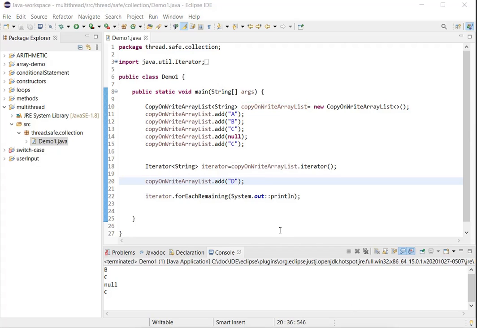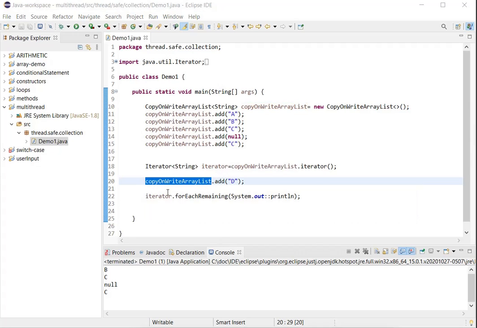And second point, you can also remember from ArrayList, we did not get any ConcurrentModificationException in this case. So this is thread safe. This will not throw any ConcurrentModificationException if we are adding anything, right? Second, the iterator object will not allow add, remove and set operations with CopyOnWriteArrayList.